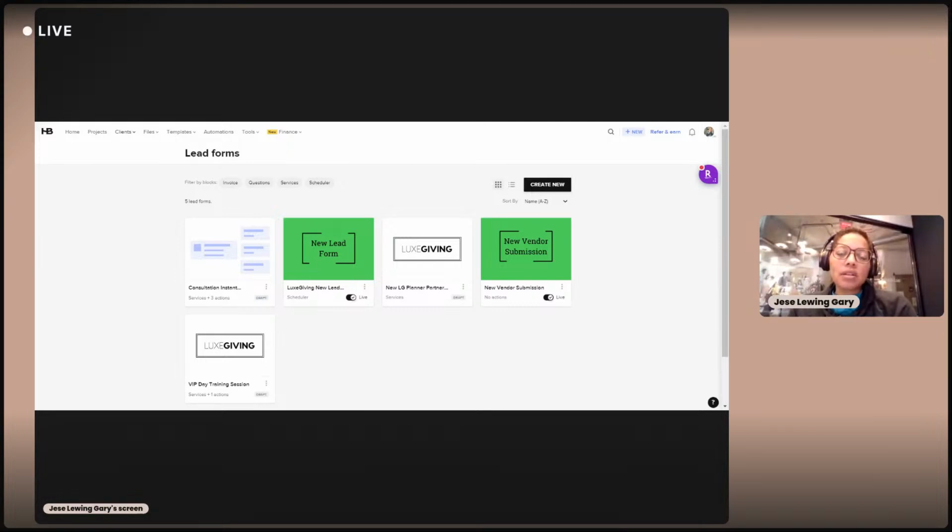The beautiful thing about lead forms when it comes to Honeybook, if you use lead forms in conjunction with your automations, it will help you with being able to keep on top of people that are interested in your services. Contact forms was the original way for people to inquire about your services. Now, lead forms are the new way to be able to do this. Lead forms are where they're putting a lot of the new technology in, and they are legitimately just as good as their smart files because you have flexibility to add photos, videos, change all the fonts and things of that